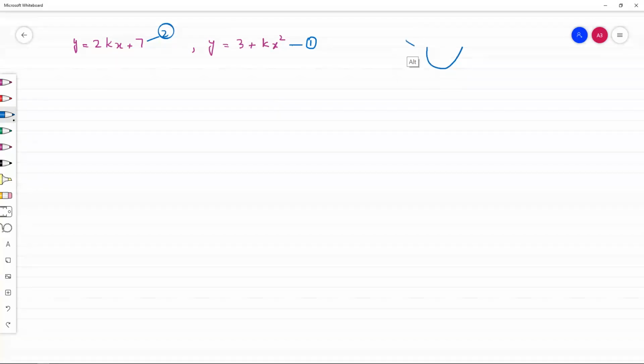this curve at 2 points. The second case is this line may intersect the curve at 1 point, meaning it is tangent to the curve. And the third case may be this line does not intersect the curve. So there can be three different cases possible: this linear equation can intersect the curve at two different points, at one point that is tangent to the curve, or do not intersect.